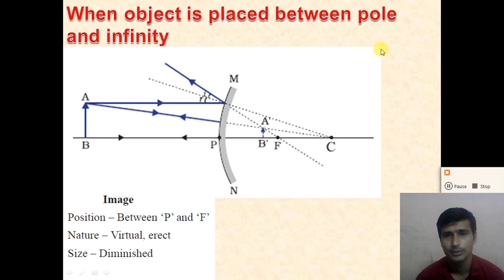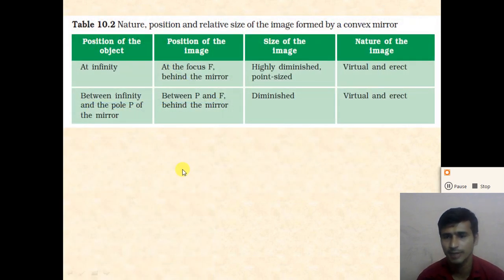Now, let us summarize the points, right? Nature, position and size of the image formed by the convex mirror. So when the object is at infinite distance, the image will be produced at the principal focus behind the mirror, right? Where will the image be produced? Behind the mirror at the principal focus. The size of the image is highly diminished, that means point size,